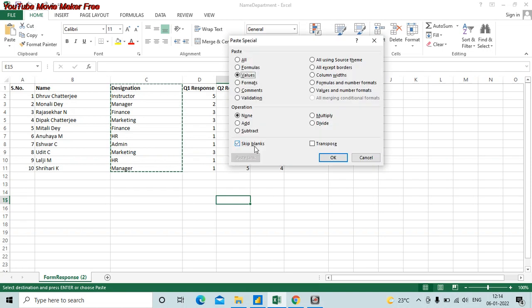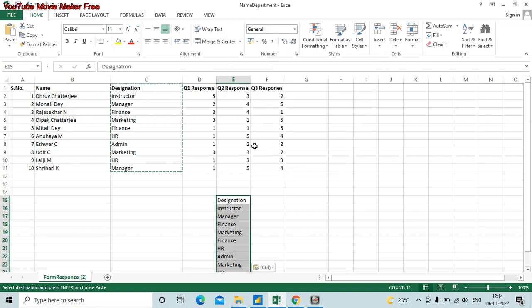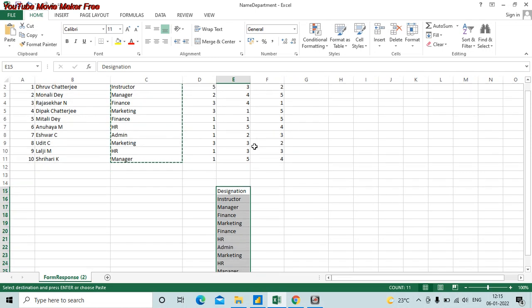I'll just select values and OK. Now you could have just done a Ctrl+V also, but I like to do the Ctrl+Alt+V route because it always forces me to think of what kind of a paste I want to do, and sometimes it is very important to use the correct type of paste, not to use formulas where we want values and not to use values where we want formulas.